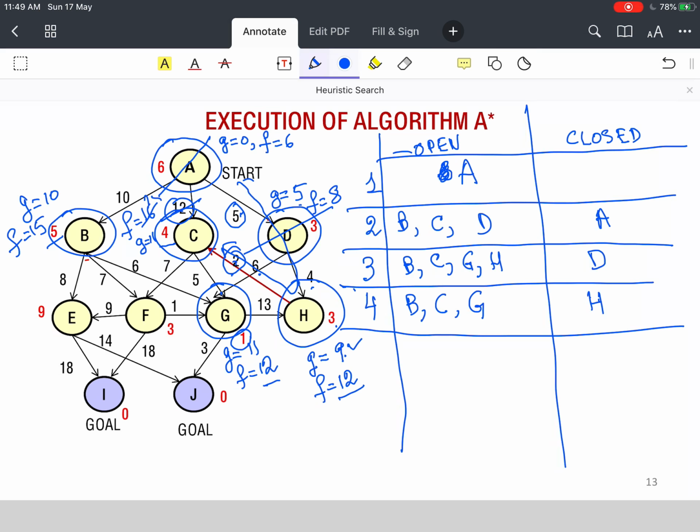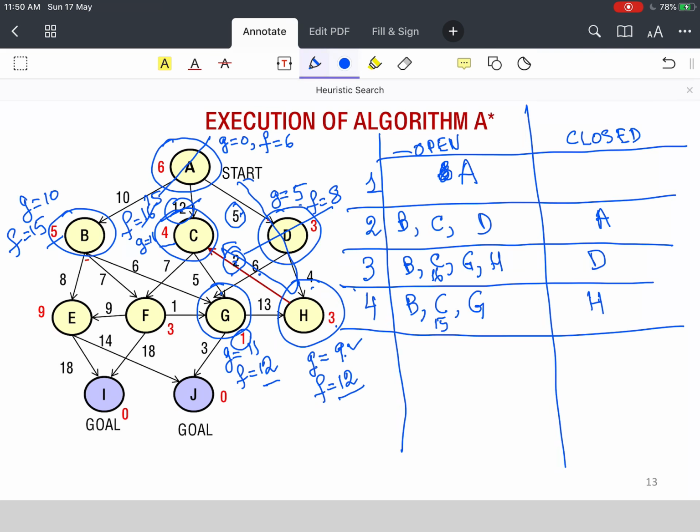H value is 4. So its F value will now get updated to 15. So this F value, which was 16 here, now gets updated to 15. So here is one case which we saw where the F value gets updated. Now, no new node is added, but the F value of C gets updated.